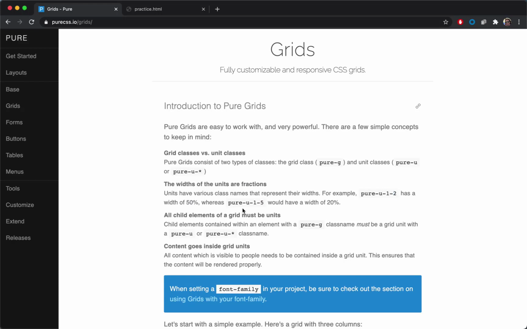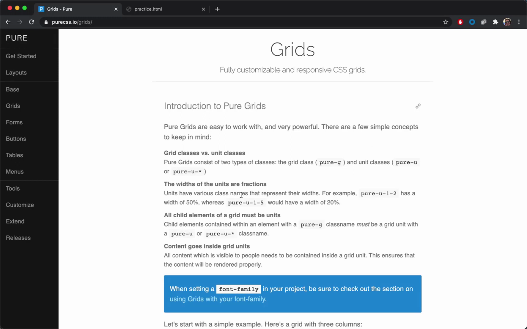Okay. On the other hand, the other example here is 20%, so a fifth of the parent. It's 1 out of 5, or 20%. This will only take up a fifth of the parent container. Now, by default, everything is placed in a single row, but that is really based on how much width the entire row takes up. Once we start getting width that is greater than the width of the container, we get overflow onto the next row,